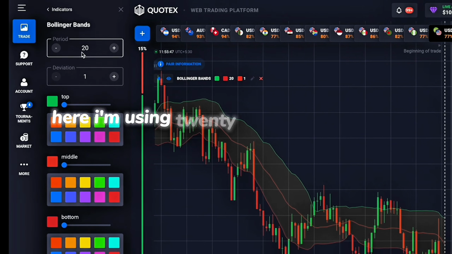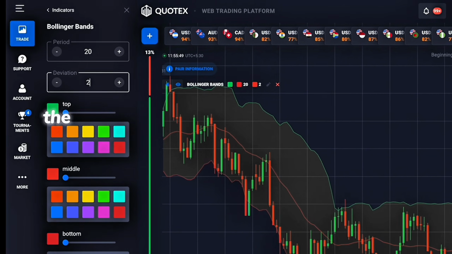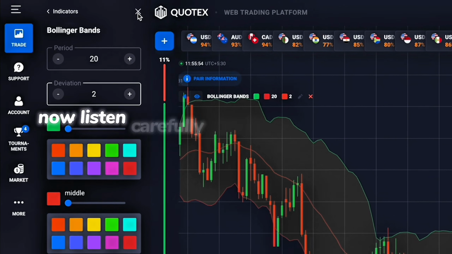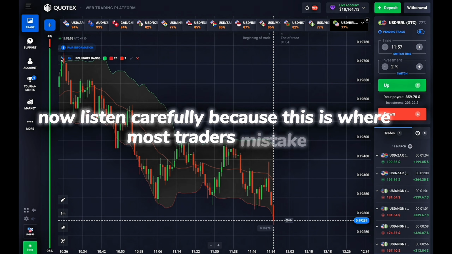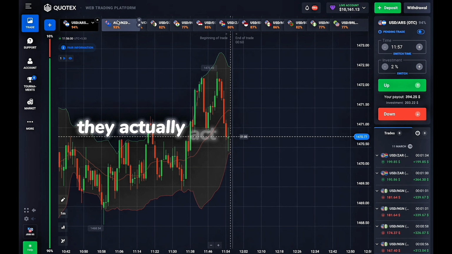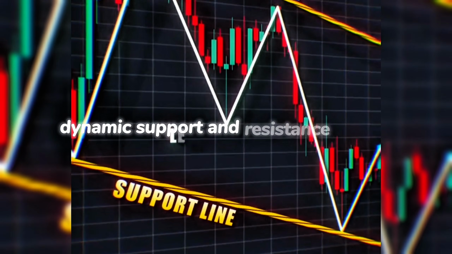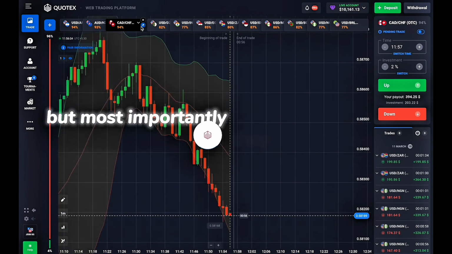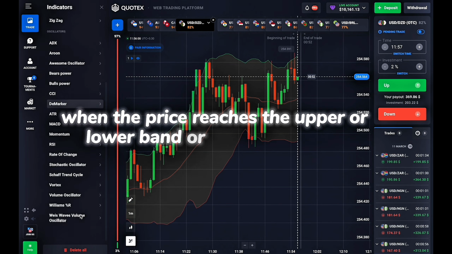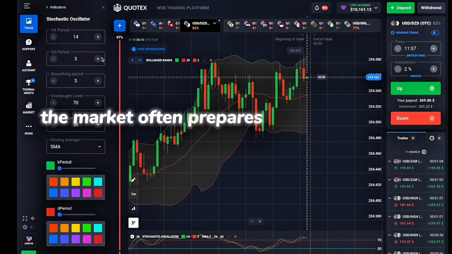Here I'm using 20 period with 2 standard deviation, the most powerful and widely respected setting in Bollinger Band. Now listen carefully because this is where most traders make mistakes. These three lines are not just random lines in the chart, they actually act as very strong dynamic support and resistance levels, but most importantly they are powerful reversal zones. When the price reaches the upper or lower band or the middle band, the market often prepares for a potential